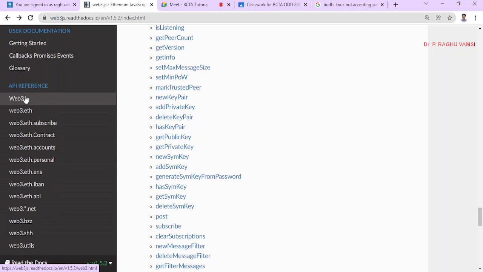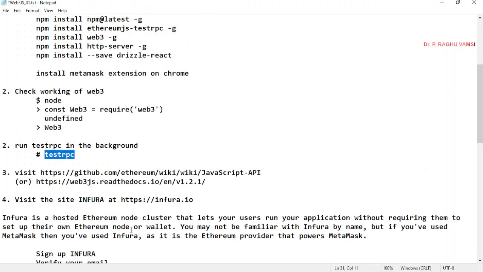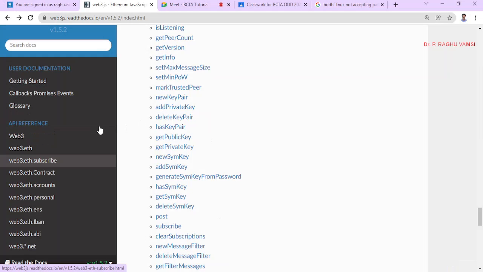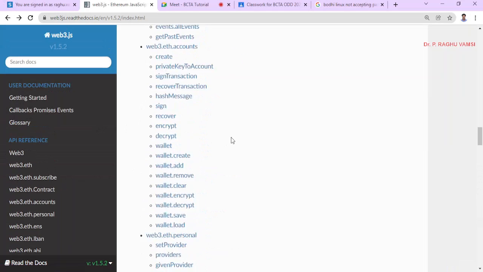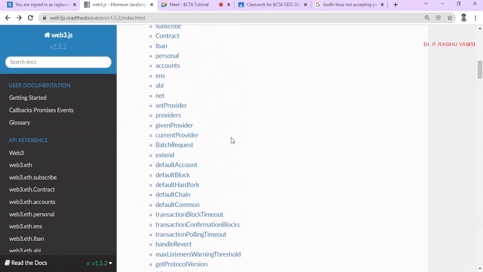Like that, first of all, we need to take the instance of the Web3 package API, and with this Web3 instance, we need to connect to the URL. Who will provide that URL? Whenever you run the test RPC, that will provide you the URL. You take that URL and add it as the provider.